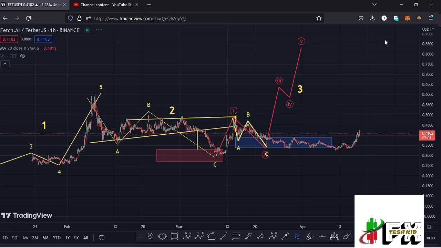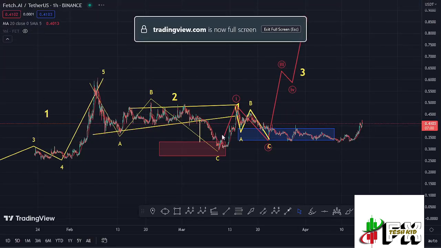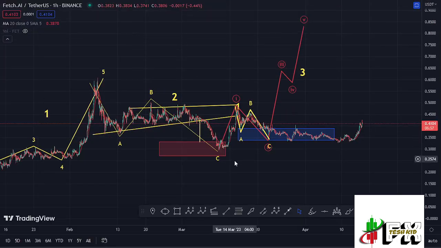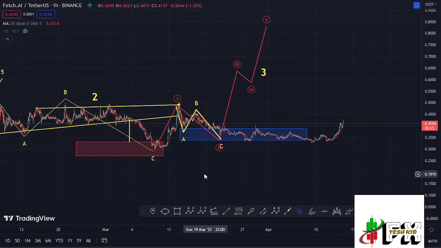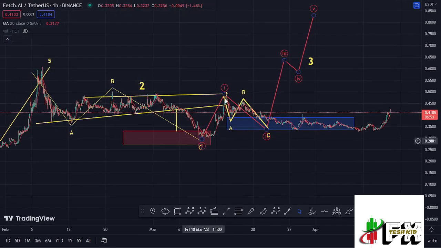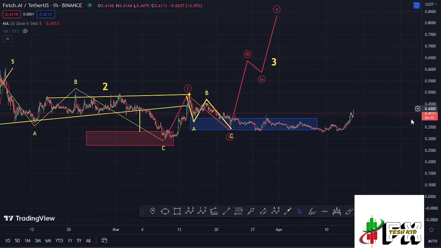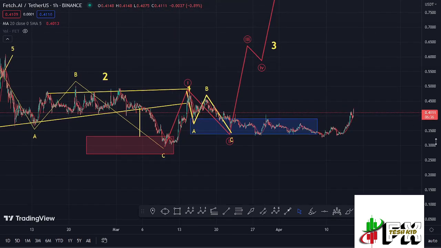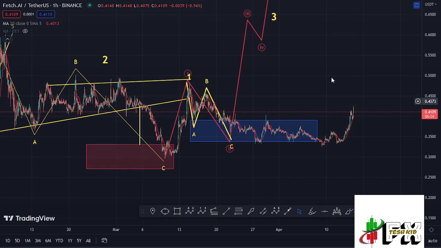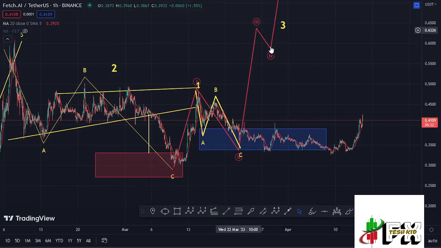Here on the 1-hour chart, you can see that after seeing our low within this red target area down here, we started this massive bounce to the upside, where we have now peaked in that first wave of this Elliott wave structure right here in red. We have also seen a corrective structure in the formation of this wave 2 in a move that has now bottomed out within this blue target area. And now my primary scenario is that whatever we are seeing at the moment is the start of an impulsive wave to the upside in the formation of this wave 3,